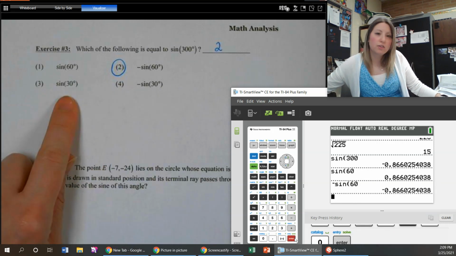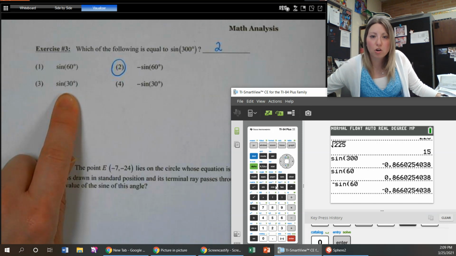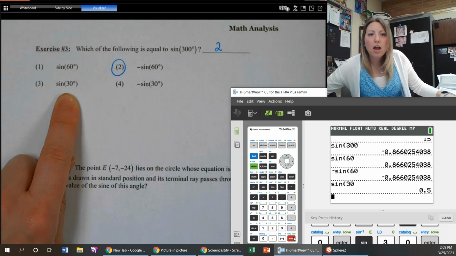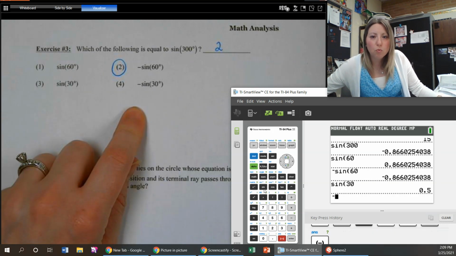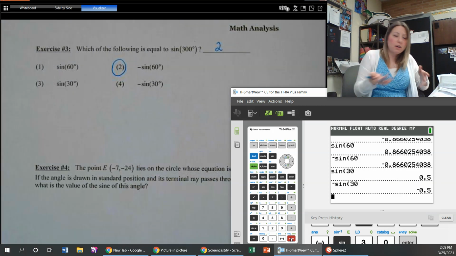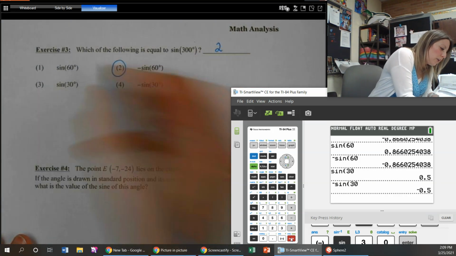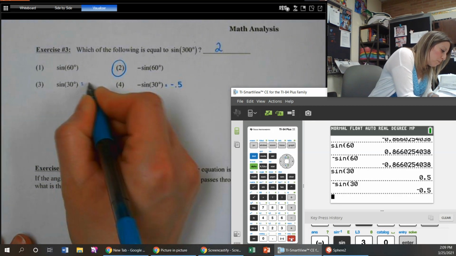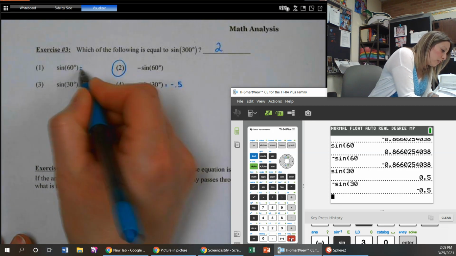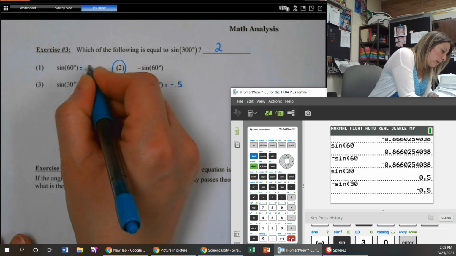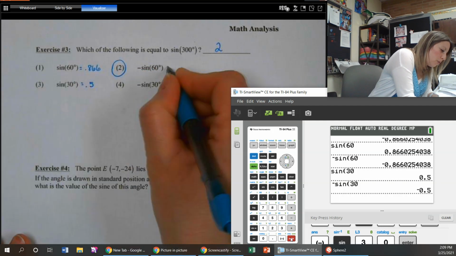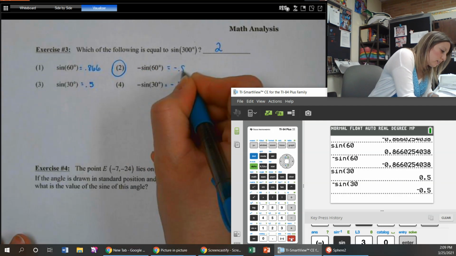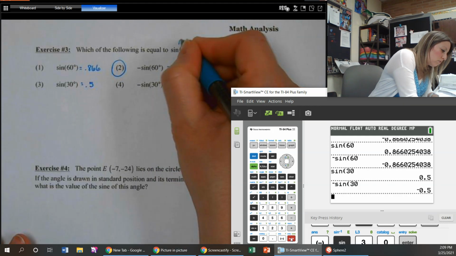Let's just make sure that these are not the same, right? So sine of 30, oh wait, isn't that 1/2, 0.5? And negative sine of 30 will give me negative 0.5. So yeah, there we are. Okay, we got it, right? Because this is negative 0.5 and this is positive 0.5. And over here, this is positive, it's 0.866, radical 3 over 2. And this is negative 0.866, which is